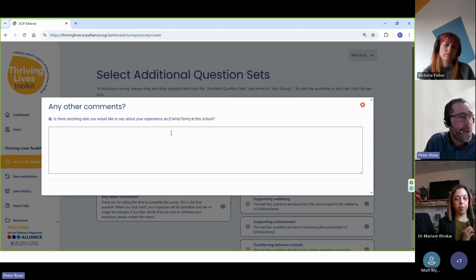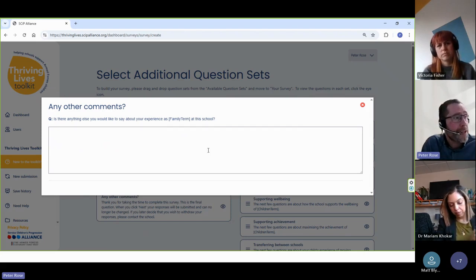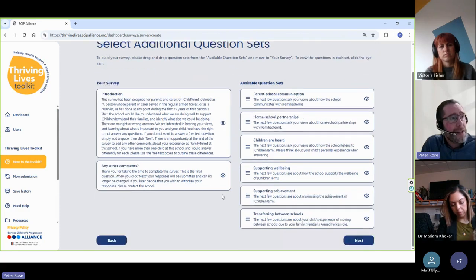You'll notice here the square brackets, that's a placeholder term. In the actual survey, the placeholder will be replaced by whichever of the relevant terms you selected on the previous screen. There are then various available question sets based on the different principles within the toolkit primarily.